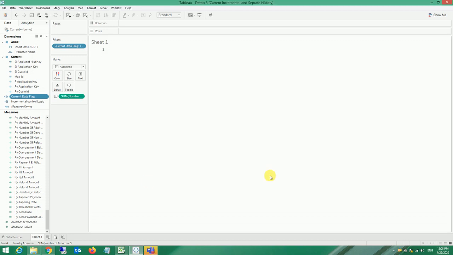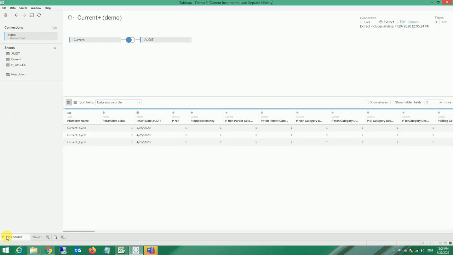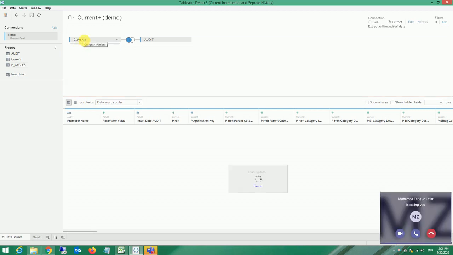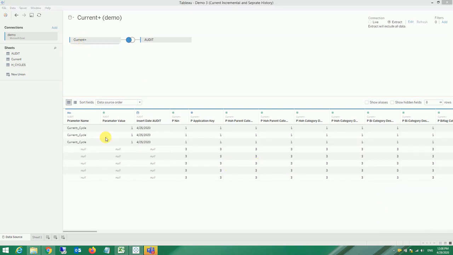How? Let's see. Now we have a data source. In the data source, to bring the historical information with the current information, we just bring this historical cycle and combine it with our previous. If you see now, it's populated null. Why is it populated null?